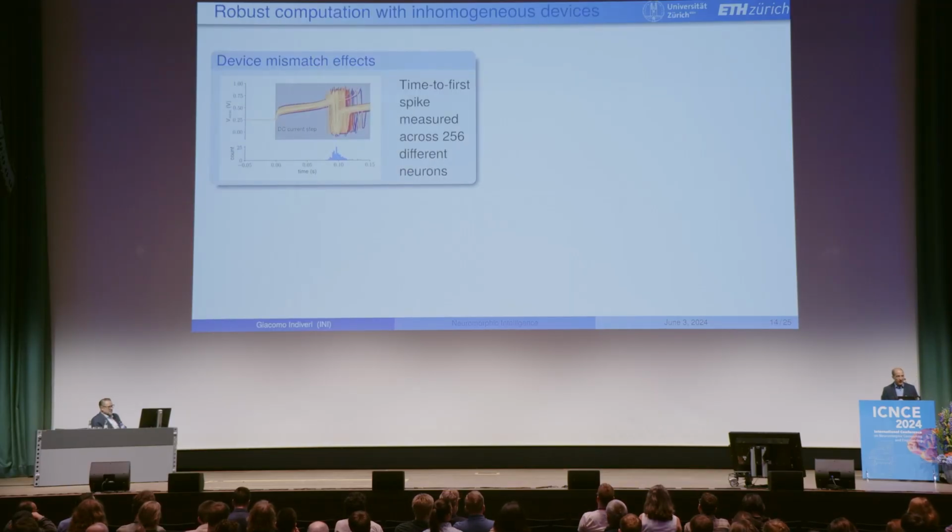As I told you, the biggest problem and criticism that comes from industry or from colleagues that work with standard deep network approaches is the fact that these chips are imprecise and low precision. In fact, you see here data measured from one of our chips. Each core, as I told you, had 256 neurons. This is just applying the same input current to all the neurons on the same core. You see the analog dynamics, the temporal dynamics; they slowly integrate over milliseconds, so we can slow down silicon. They integrate and they spike. But the timing of the first spike is very variable because each neuron is slightly different from each other neuron.